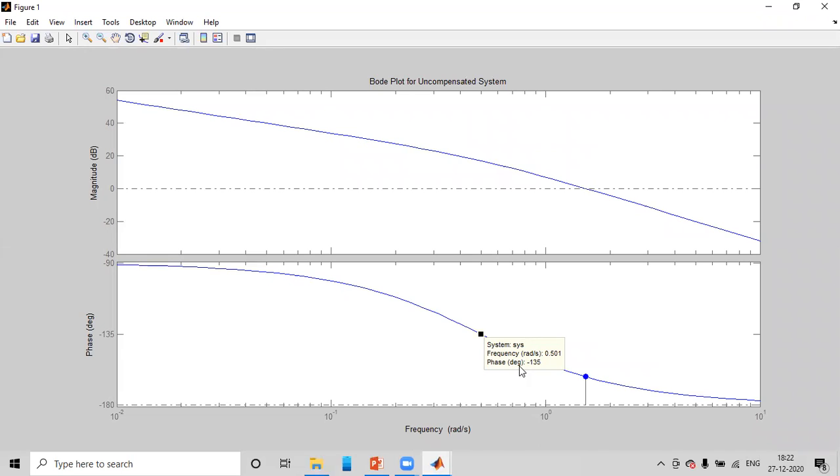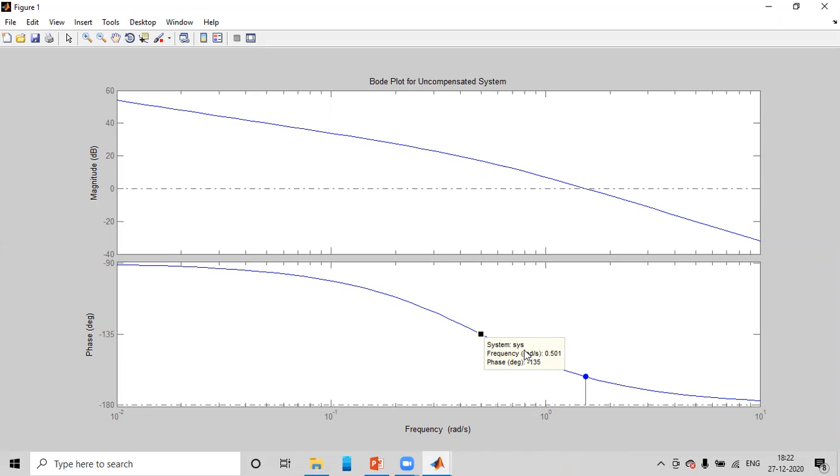So this is the phase angle at the new gain crossover frequency. At that frequency we call it omega GCN, the new gain crossover frequency. So phi GCN is minus 135 with respect to the new gain crossover frequency 0.5.